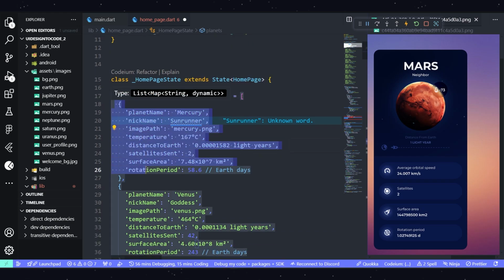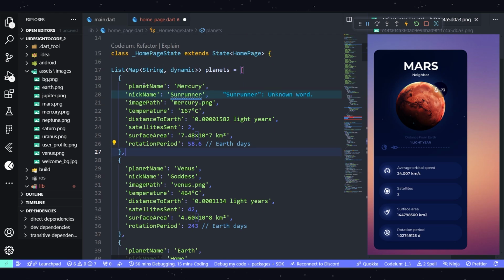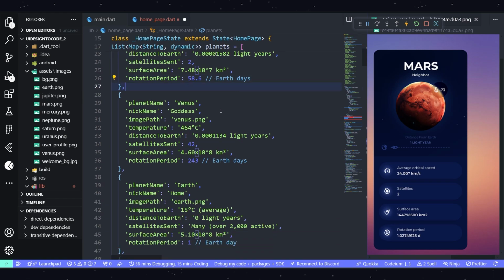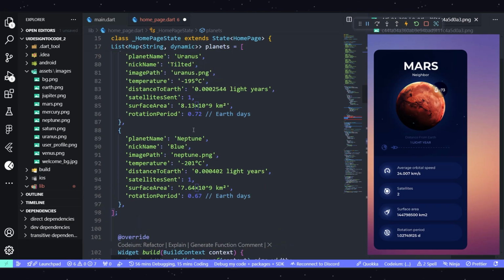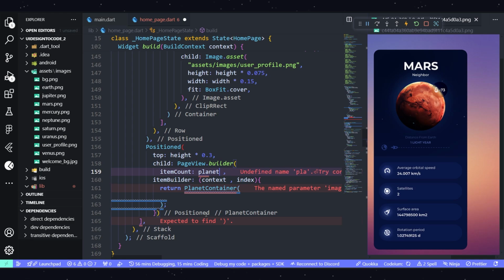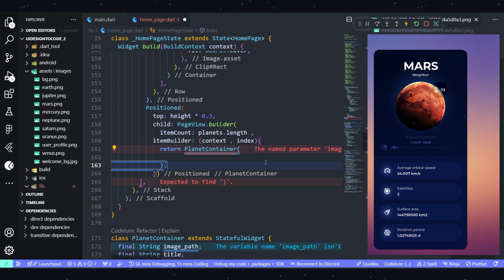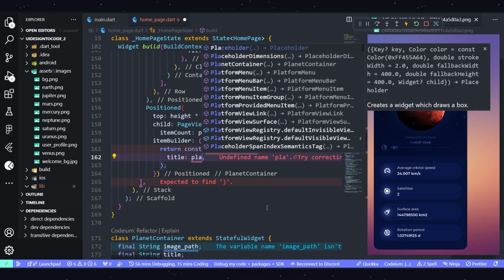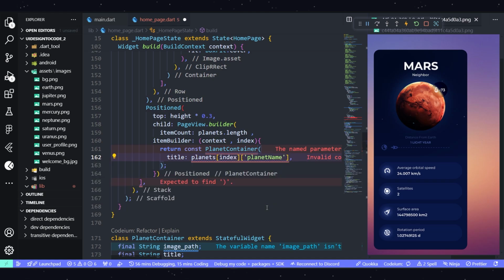And each item is a map string dynamic, and you can see it has a planet name, Mercury, nickname, Sunrunner, image path, its temperature, its distance to Earth, satellites, surface area, rotation period in Earth days, and we have every planet's data over here. So as for the item count, I'm just gonna say planets.length. Now it's gonna contain as many children as the planets.length, and inside each of these I'm gonna say title is equal to planets index and